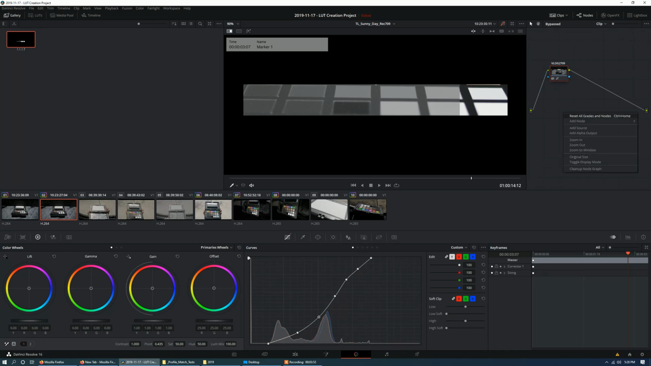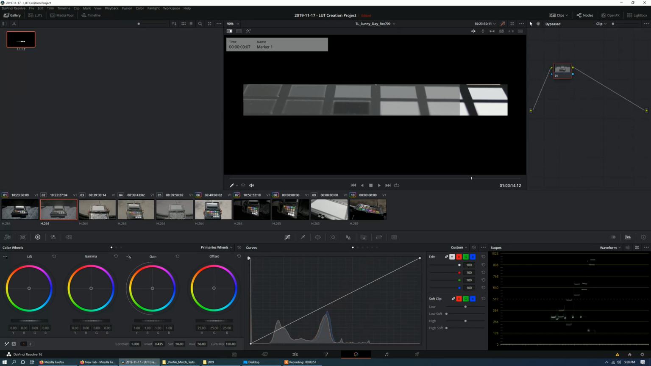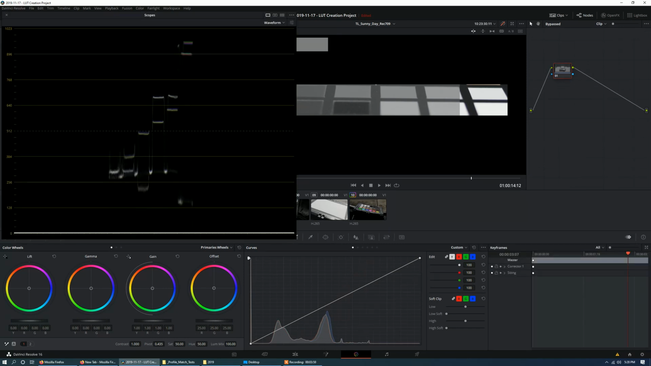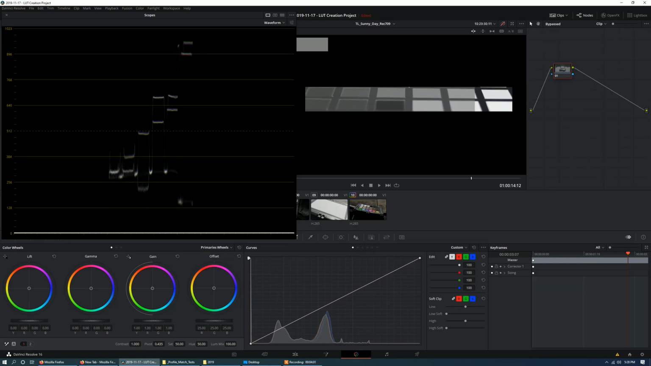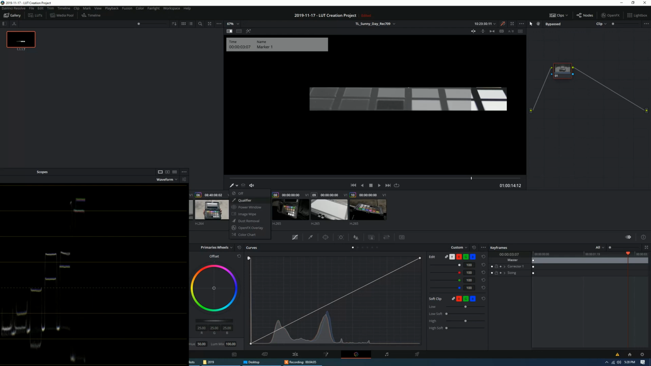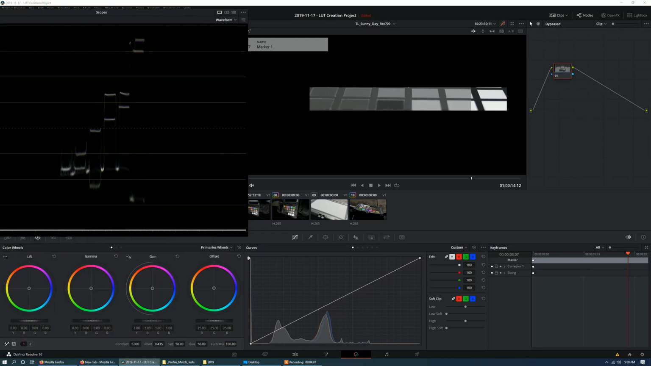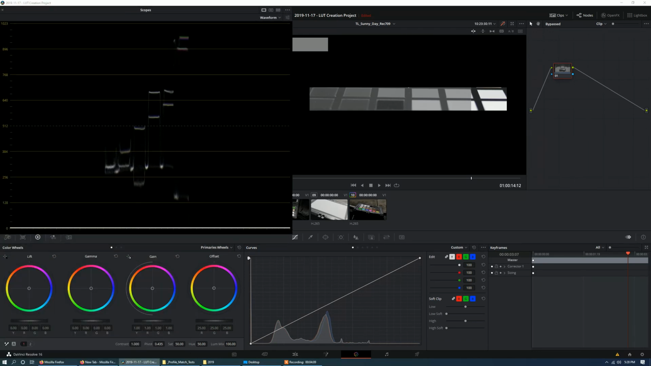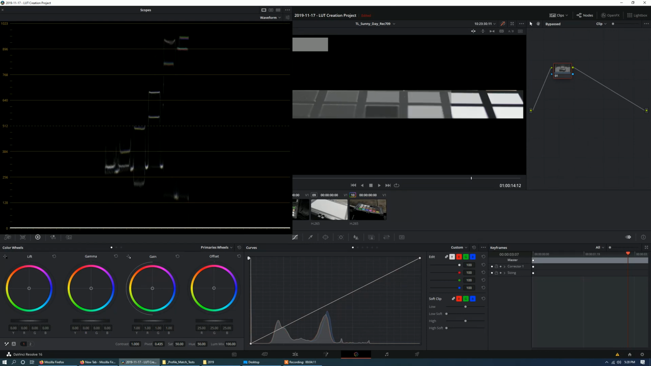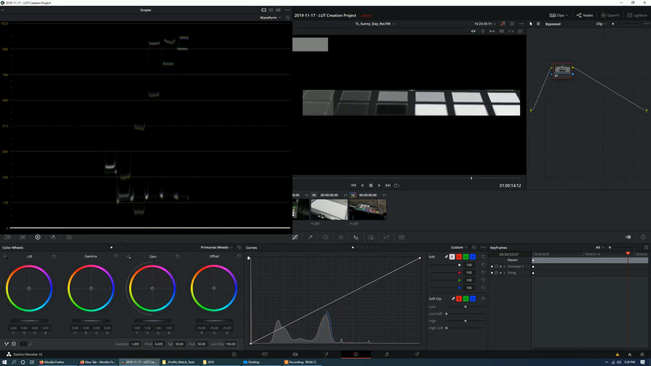Now what I'm going to do is reset the grades and nodes, and create the curve right now. So let's bring up the waveform monitor, and if I go back to the image wipe, you can see that all we're going to do is use the curves here to try to get the V-Log L footage to match